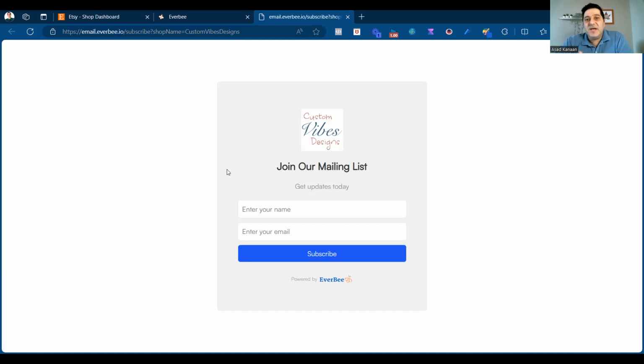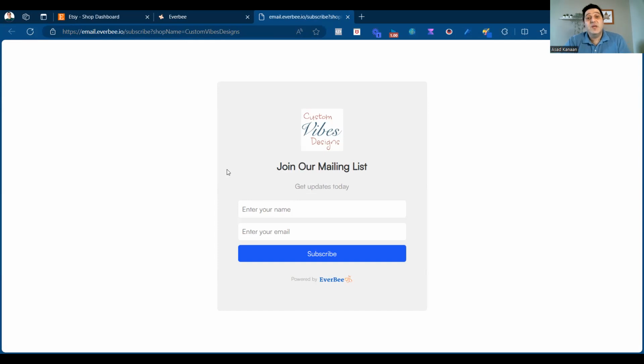Well, buyers are shopping on Etsy, so it makes sense to include links to this in your Etsy store, whether it's in the product listing, on the product images, the shop announcement, and